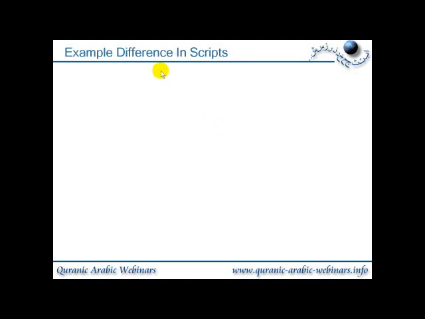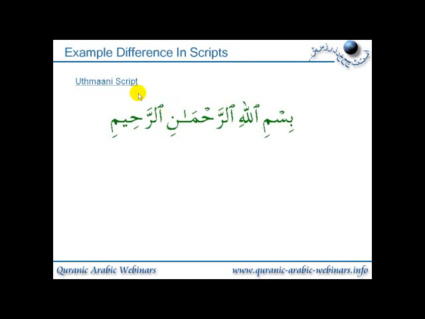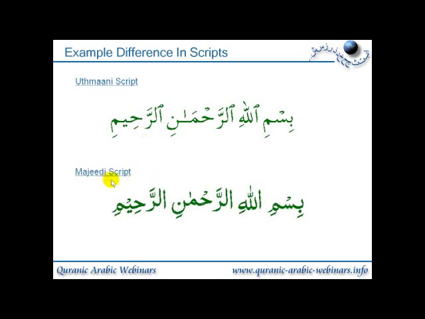So here's a very simple example of the differences. This is from the Uthmani script. So this is our Bismillahirrahmanirrahim. And this is the same in the Majidi script. So this is your Bismillahirrahmanirrahim. Now, if we look at this closely, first you can recognize the shape of the actual letters is slightly different. In the Majidi script they're slightly more rounded,